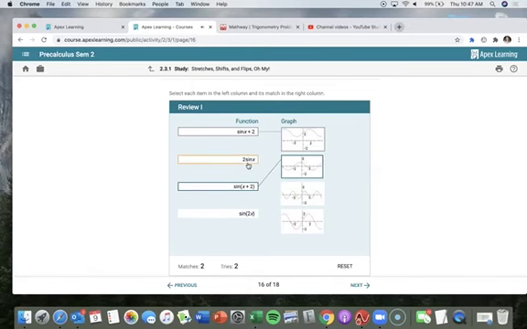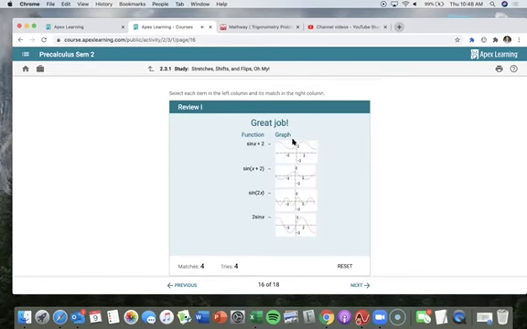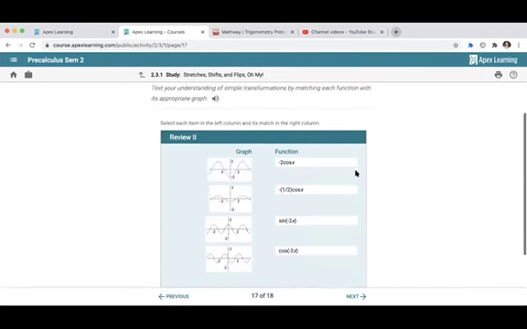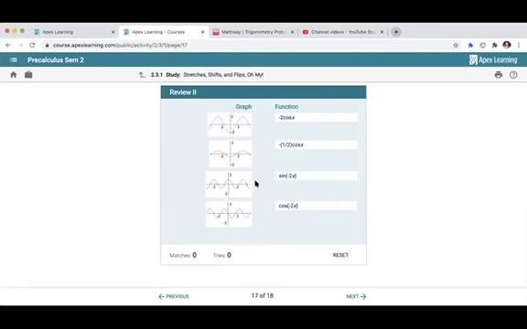If we have it inside the parentheses, that means we're going to stretch or compress in the x direction. And if it's outside the parentheses, we're going to stretch or compress in the y direction. The same thing is going to happen with cosine. But the only difference here being